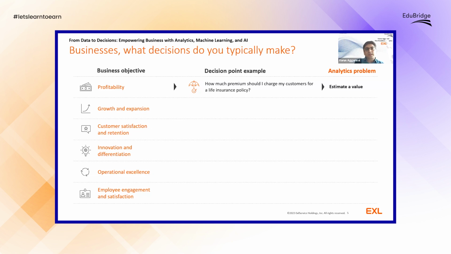Let's look at growth and expansion, right? I'm talking about different industries here, just to give you the perspective that it's not related to one single domain or a few select domains. So let's say there's an entertainment industry, and that firm needs to make a decision: where should I spend my money to make sure that my new product reaches the maximum number of potential clients or customers? So what are the different marketing channels?